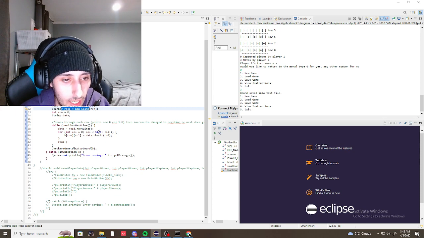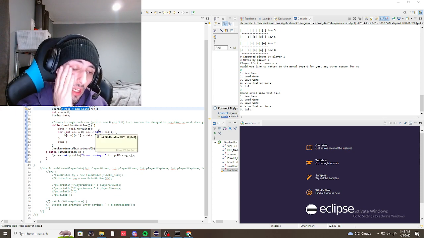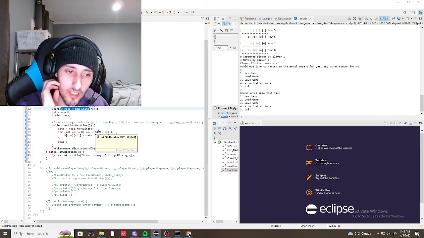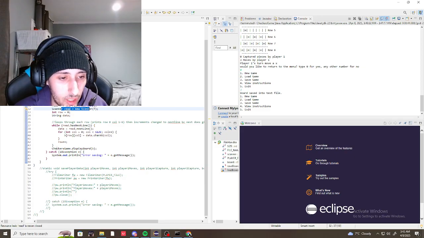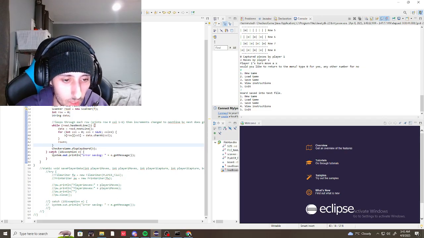I tried to do it with just next, but next would give me an error when I tried to load it because of blank space, so I have to do next line instead of next, like we did in one of the tutorials on file input output. And then we call the display board method from the checkers game class,